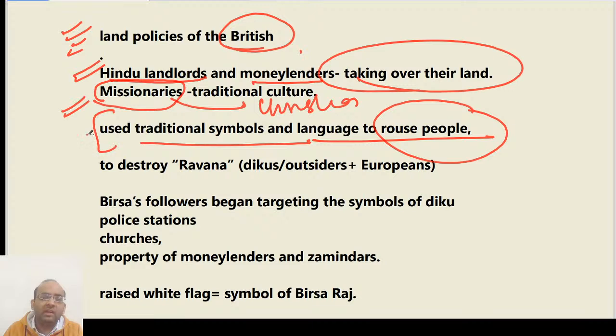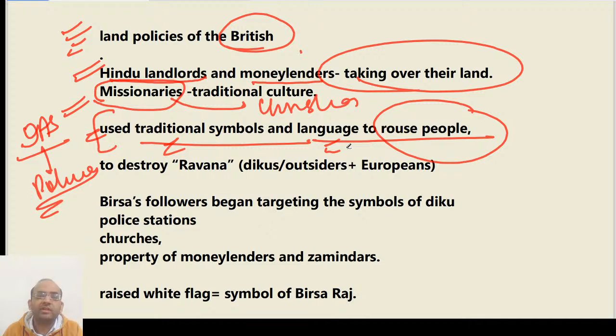So here we have the learning. In case you become an IAS officer and you want to implement policies, you have to use local symbols and local language to spread your message and implement the policy. That would connect you and your policy with the masses. That is the learning we get from here. And it was meant to destroy the Ravana, that is the Dikus,